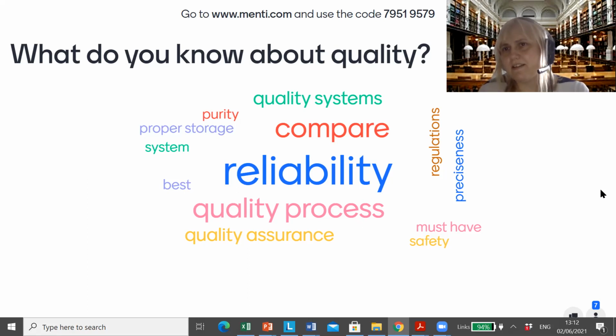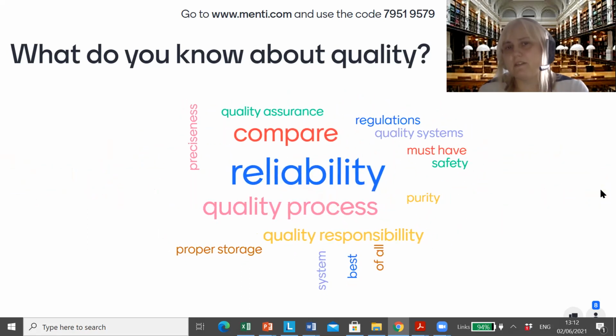Explain, please, again, what should we do right now? You just, if you have any, what words in your mind are connected with quality? Just like a brainstorm. What first appears in your mind when you think about the word quality?